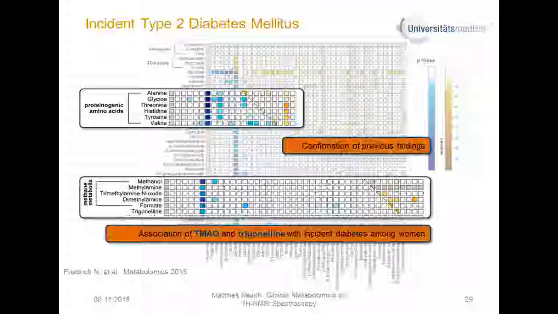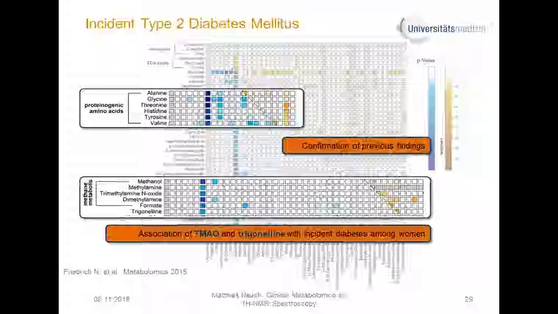On the right-hand side, there are the data of the women. On the left-hand side, the blue fields are from men. And on the x-axis and the y-axis, there are listed the analytes which we determined. And then we calculated ratios between the analytes on the x-axis and the analytes on the y-axis. When we look into more detail into the data, we have some analytes like alanine, lysine, threonine, and so on. These are clearly associated with diabetes mellitus,